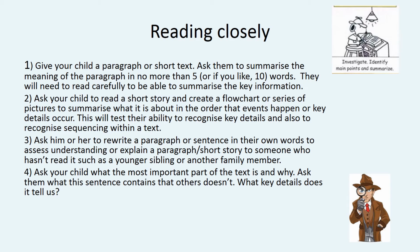Ask your child to read a short story and create a flowchart or series of pictures to summarise what it is about in order that the events happen. This will test their ability to recognise key details and also to recognise sequencing within a text, another very valuable skill. For number 3, you could rewrite a paragraph or sentence in your own words to assess understanding